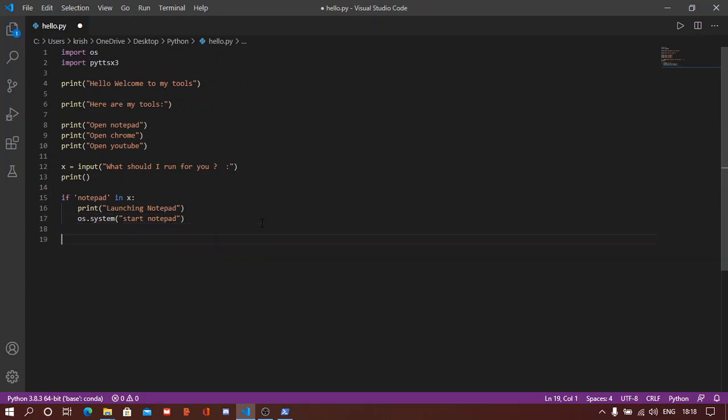So what we are going to write is elif Chrome in x, then we are going to write print launching Chrome, and we'll just write the same command, but here we are going to write just start Chrome. Okay,